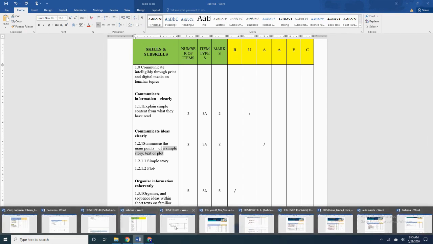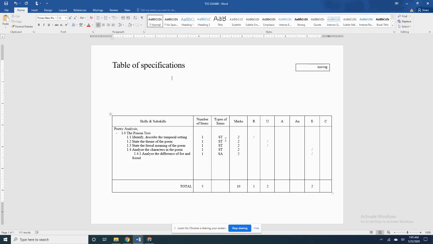Alright, so moving on. This is interesting. I always love literature, the poison tree. So looking at poetry analysis, I just want to comment on scoring. Ini adalah mental note ku, in case if I forget. Right. So in addition to the way the verbs are phrased in this TOS, we have identify and we have describe. So there are two things that you are expecting students to do here, which does not seem logical. So please omit one and leave one. Maybe describe because it requires descriptions of setting.